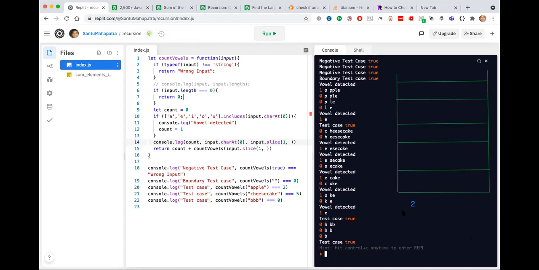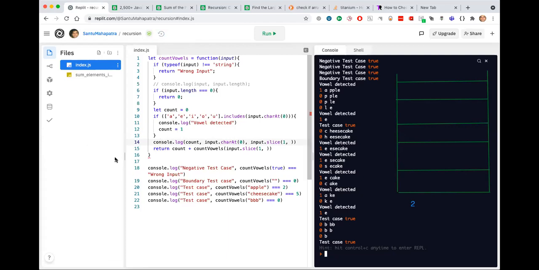So we are keeping the count as 1 and we are calling the rest of the string in recursion. So at any point of time, if we print count, it will always show 1 or 0. It won't show the complete value. For the complete value, we have to do console.log again and again. We anyways have to call the recursion to see the complete value. We cannot see before calling the recursion.